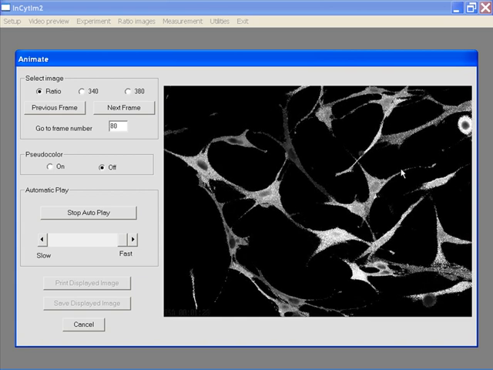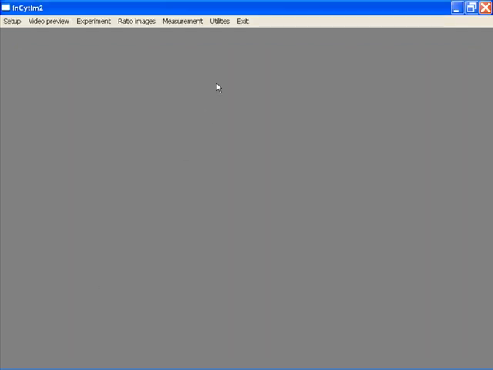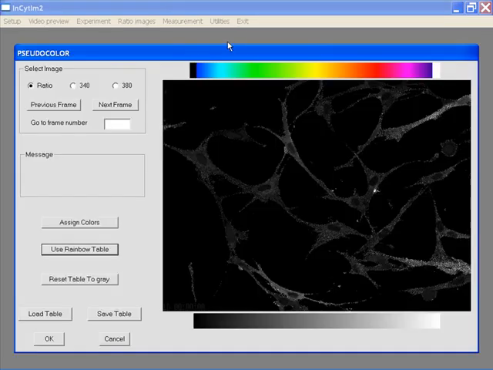Bright white levels represent increased calcium. And the movie continues to the end, and then it will recycle. We'll cancel this, and now go to Pseudocolor, which is used for increasing our ability to distinguish changes in calcium levels. We'll go to a frame